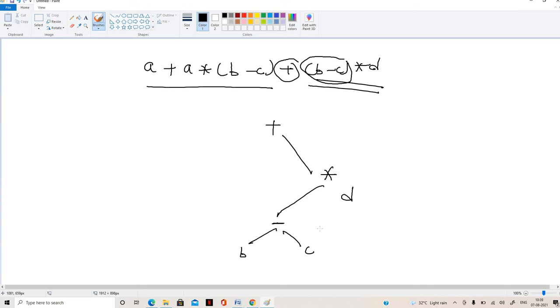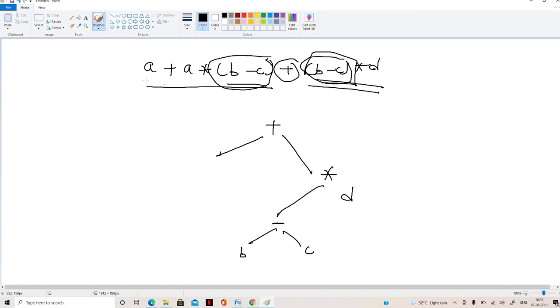Already we told that a DAG will be helpful to define the common sub expressions. Here b minus c is an expression which is common for this one and for this one, so we can easily process it like this.